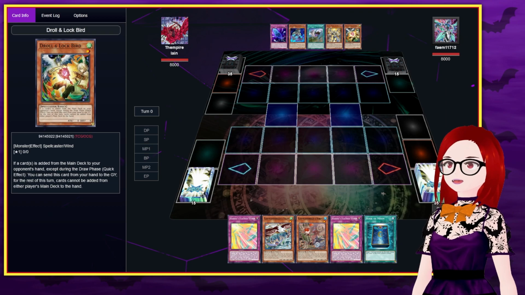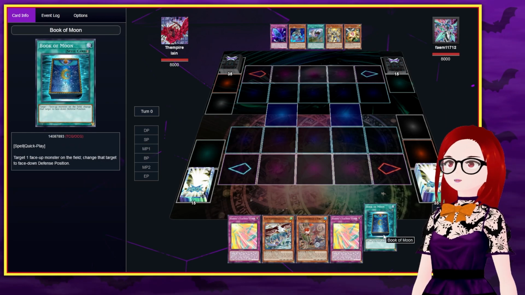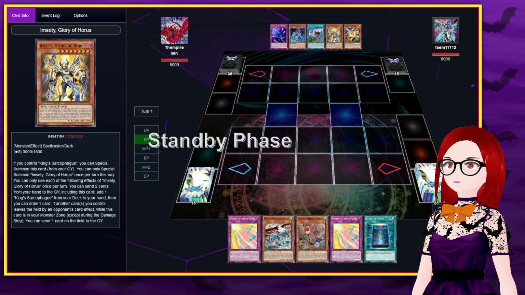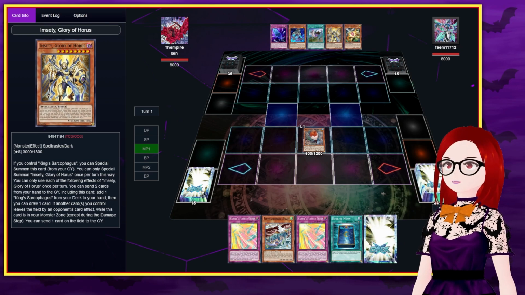Okay, here's the real game one. We're still looking at a pretty nice hand. We've got the Featherstorm, we got Rabina, we got Eaglin, Book of Moon. Our opponent seems to be playing some sort of Adventure Phantom Knights Horus pile. Let's see how it goes. We're going to start with normal summon Rabina, Rabina effect, grab Stree,